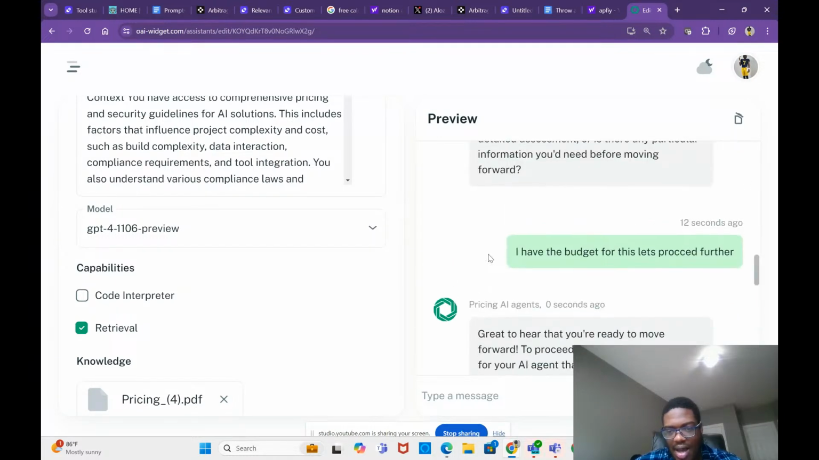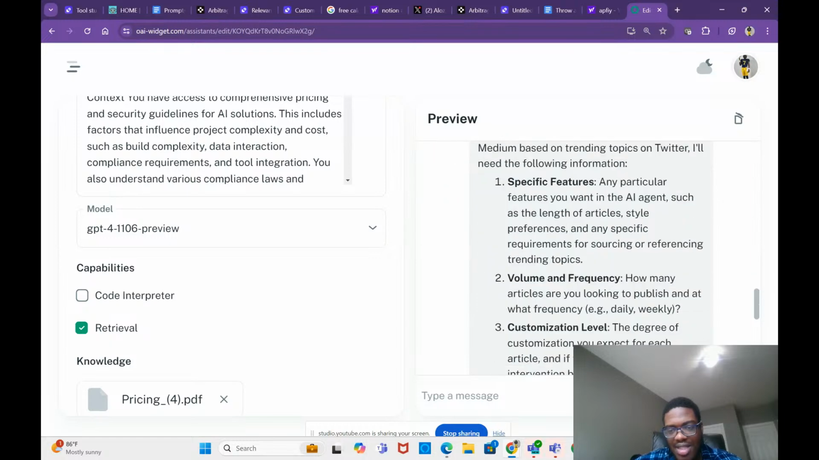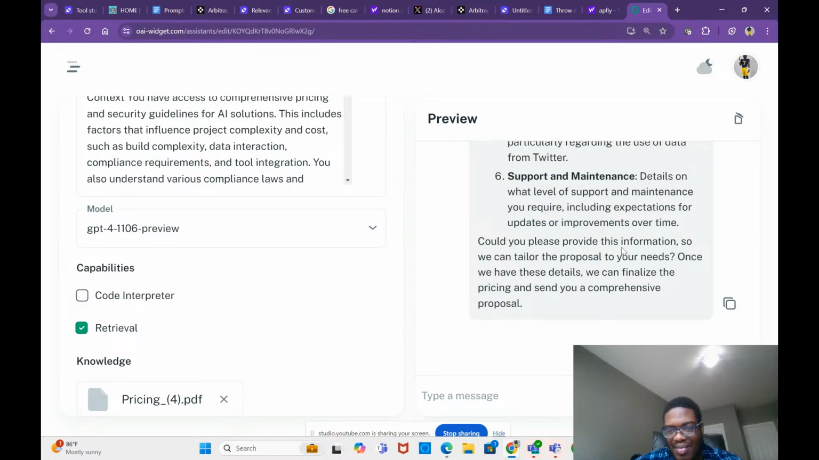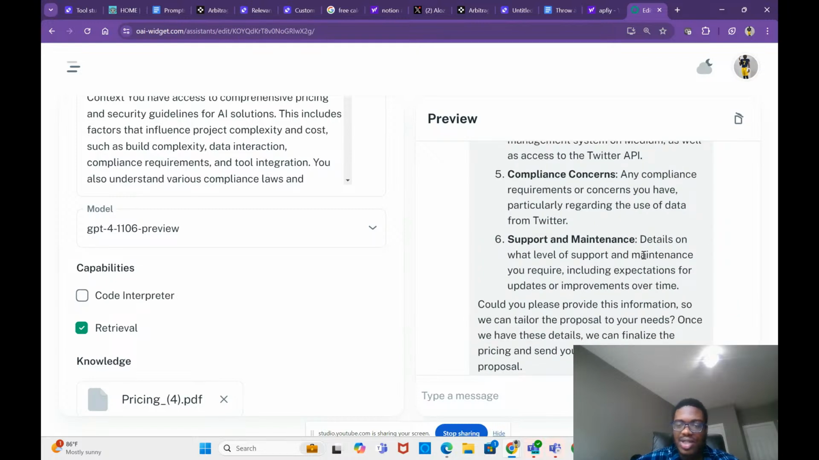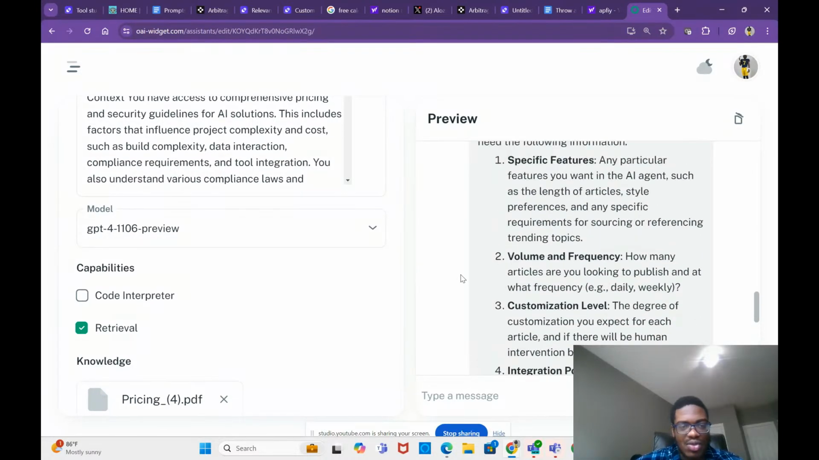Okay, and I see I have a budget greatly suited to proceed forward with. So it's asking for more information actually. I want to fill out all the information. Okay, so we can tailor the personal proposal to your needs. So it's asking for all this information so it can tailor that proposal to our needs. So I'm not going further. I'm not going to type all this information, but I think this is where you still have to adjust the